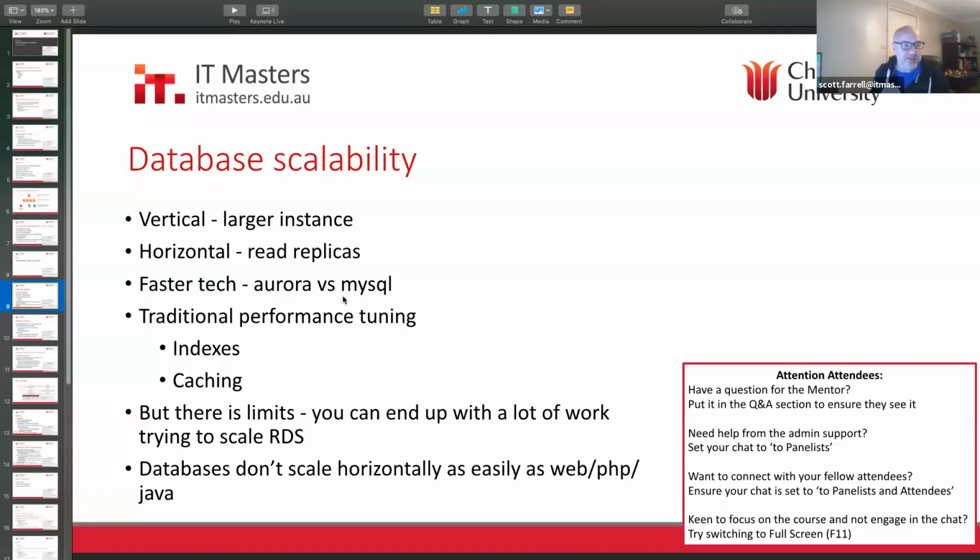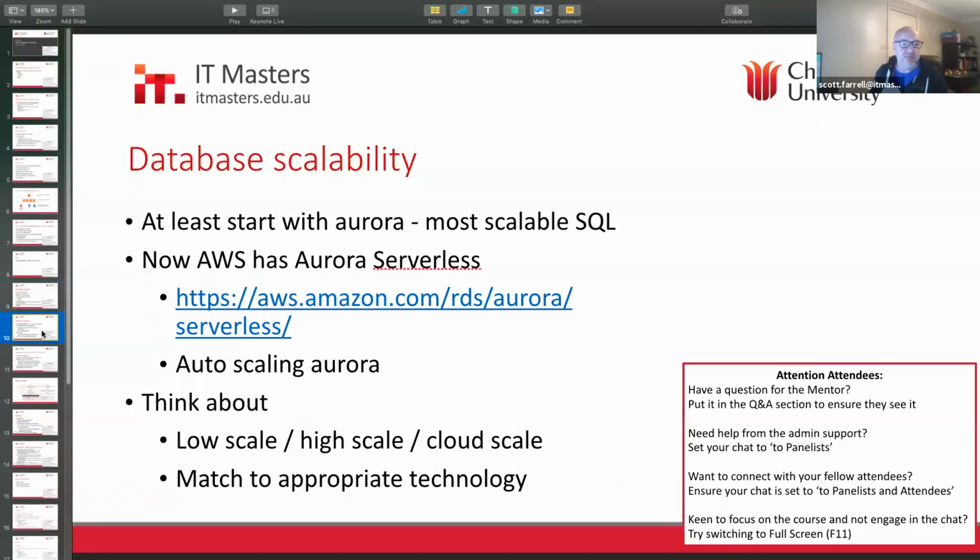So what happens when we run out of scalability? My first suggestion is at least start with Aurora. That tends to be the most scalable SQL at AWS, because remember I said it was built from the ground up for cloud. So that will be doing a much better job. They now have a thing called AWS Aurora Serverless, which still has servers.